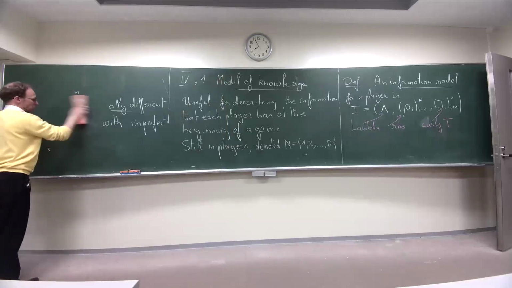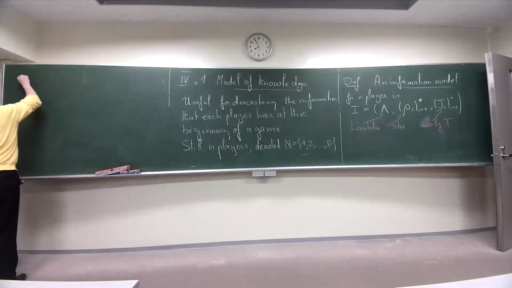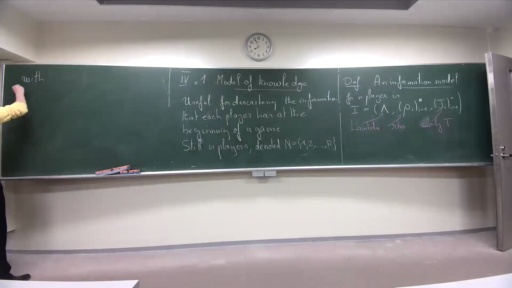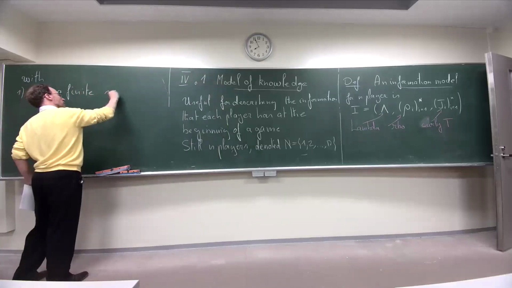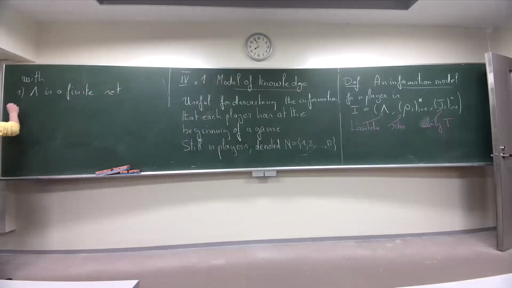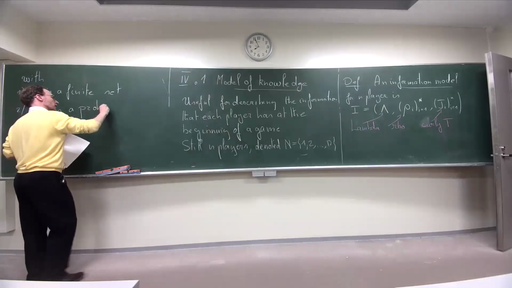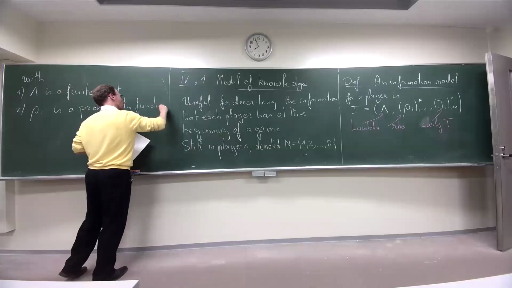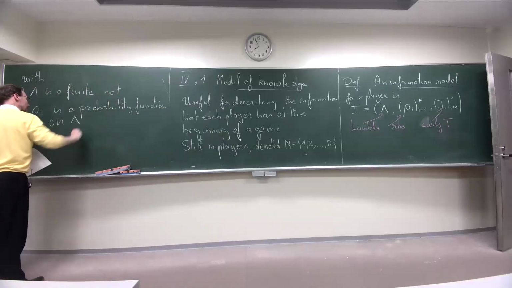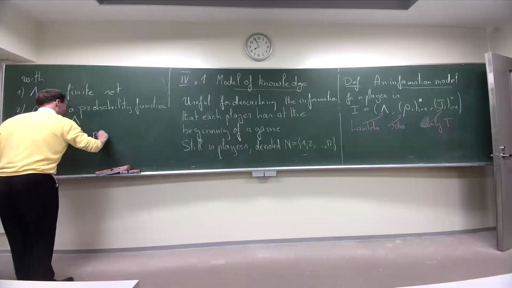Lambda is just a finite set. Every rho I is a probability function on this set. And third, this curly T, or Ti, is a partition